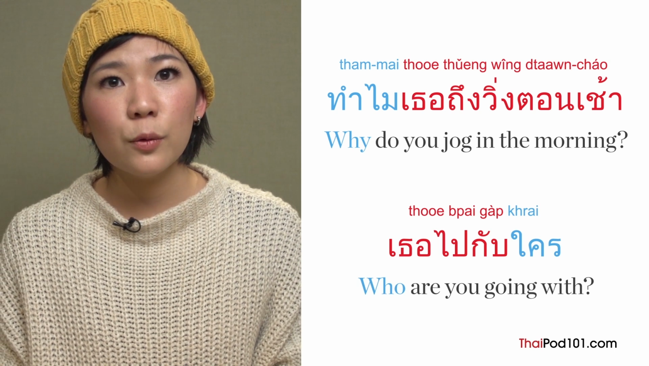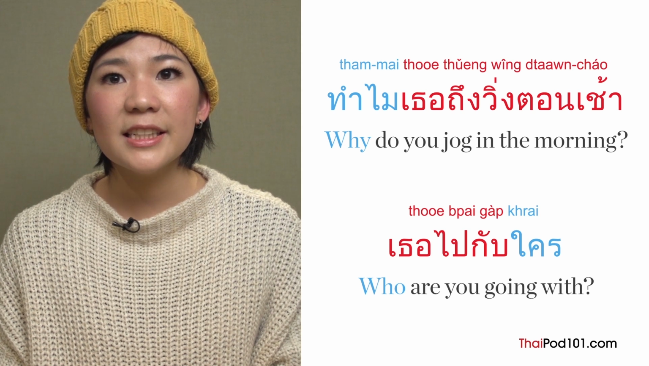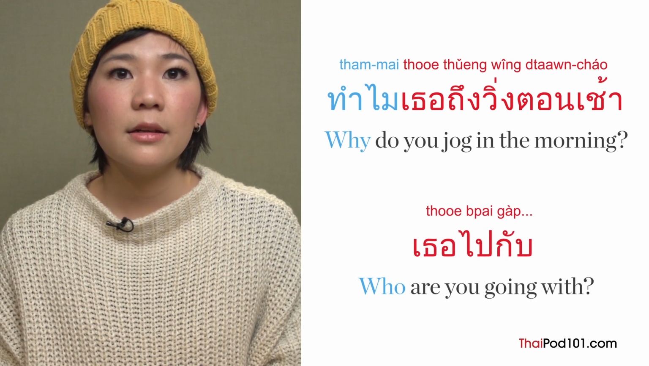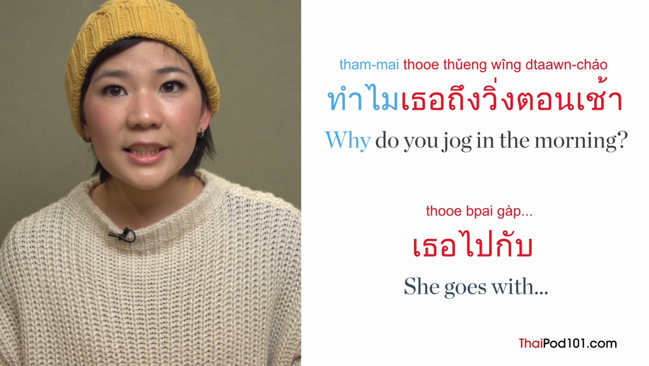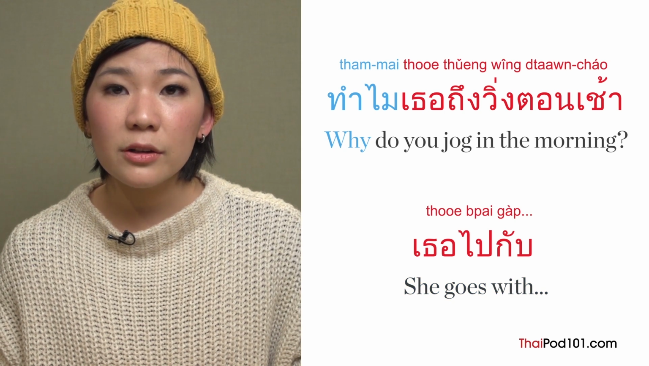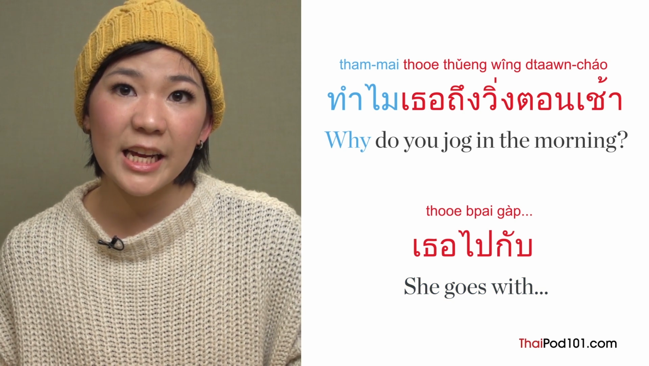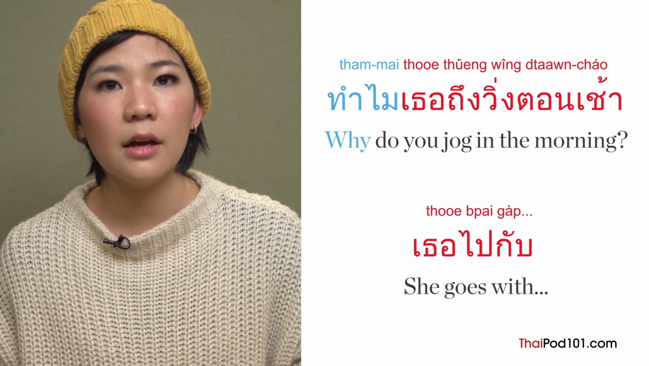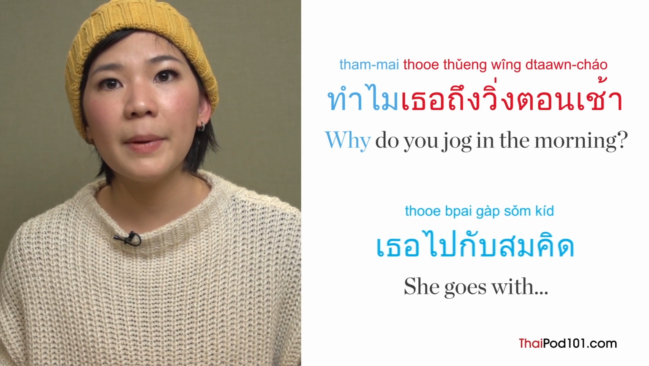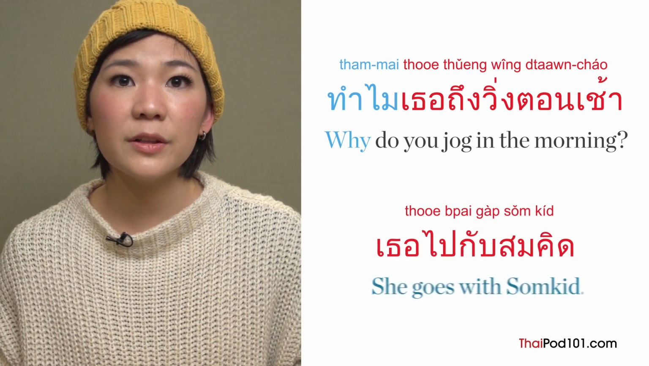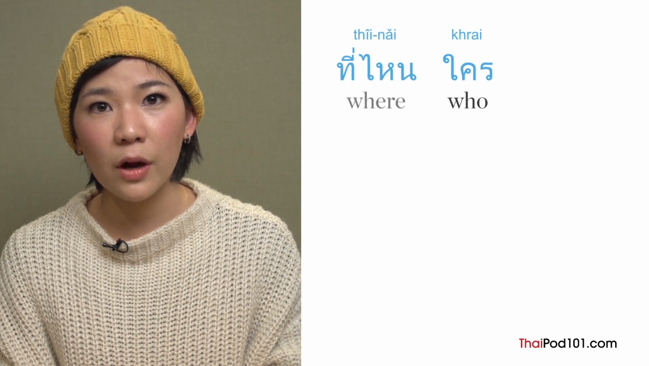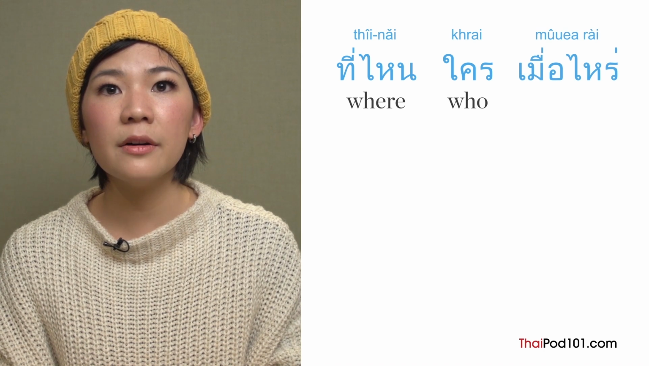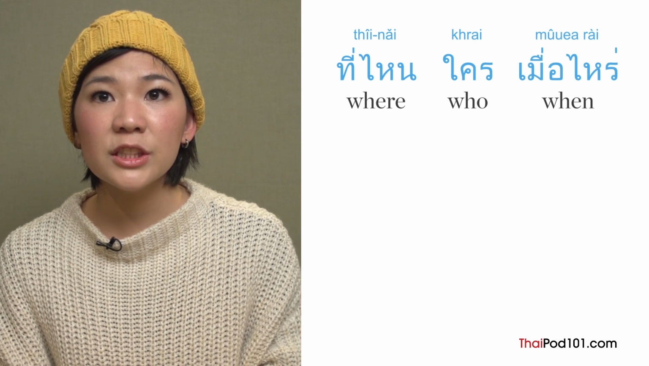If we cut out the word ใคร in this sentence, we'll get เธอไปกับ, she goes with. This can be changed to a general sentence just by adding a name or noun at the end. For example, เธอไปกับสมคิด, She goes with สมคิด. Thus, by adding ใคร who, ที่ไหน where or เมื่อไหร่ when we'll change the